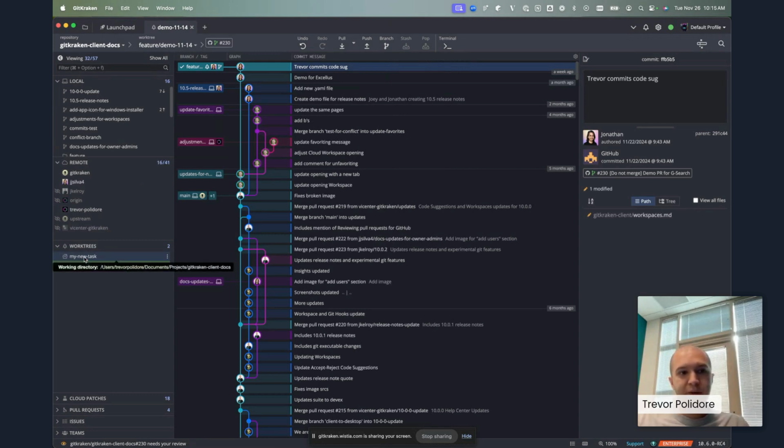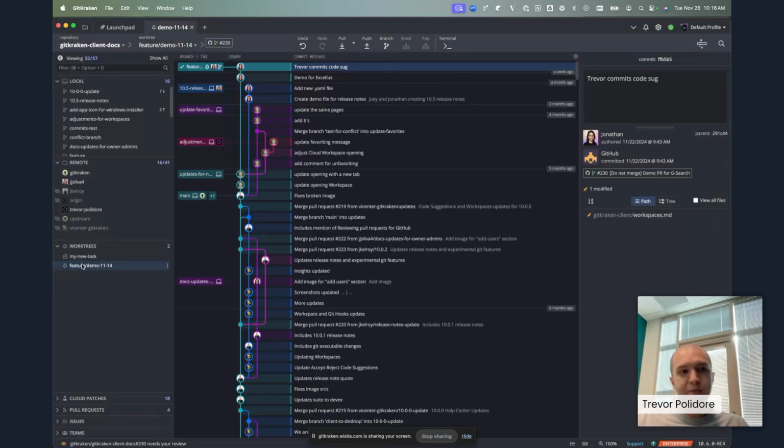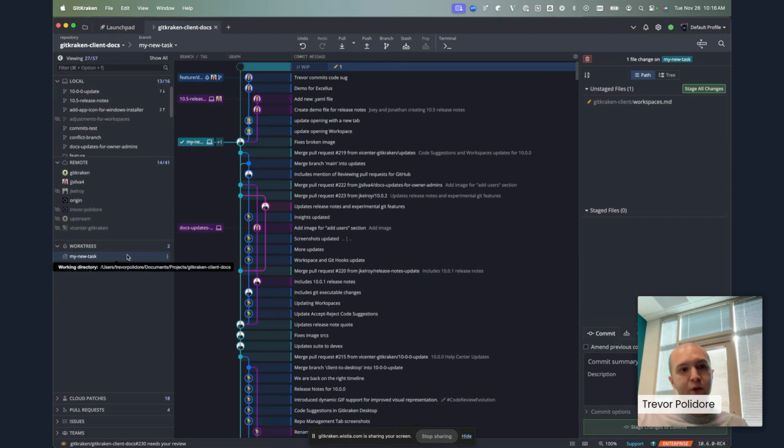If I switch back to it, I can see that my work in progress is still there. I don't have to worry about dealing with this as I go review this pull request. I can switch back between them with double clicks. So again, if you're working in parallel, this is really easy to switch back and forth and not have to stash and pop every time you want to go back and forth. In addition, in a graph, if I double clicked on my new task, it'll immediately bring me into the work tree that has that branch checked out,